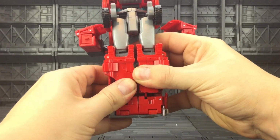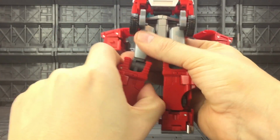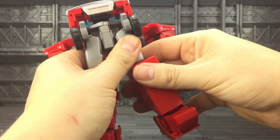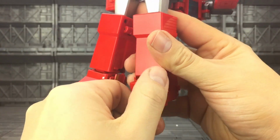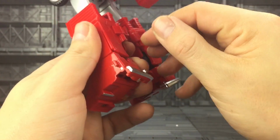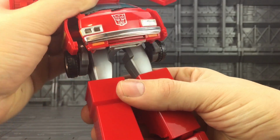Split the legs at the feet, pull each leg down to reveal the knee, and then rotate the leg around at that newly found knee joint. Rotate the toes, they will only go one way, it won't go that way. You have to fold the toe outwards around the leg, then come round and flip up the rear fender as the heel spur. If you grab the wheel and the red section here, slide this out, bring the legs forwards